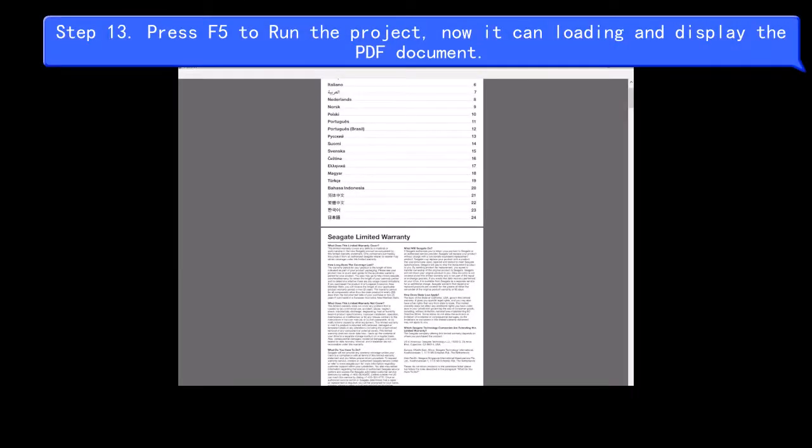Step 13. Press F5 to run the project, now it can load and display the PDF document. You may download this sample source code from